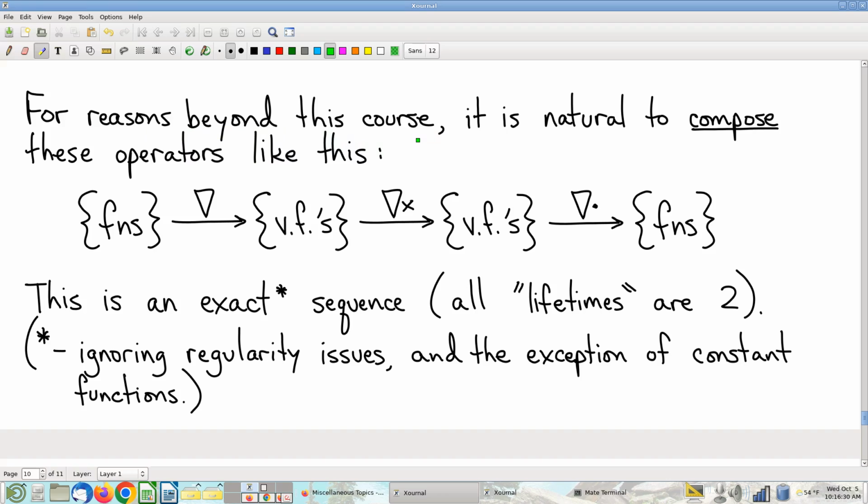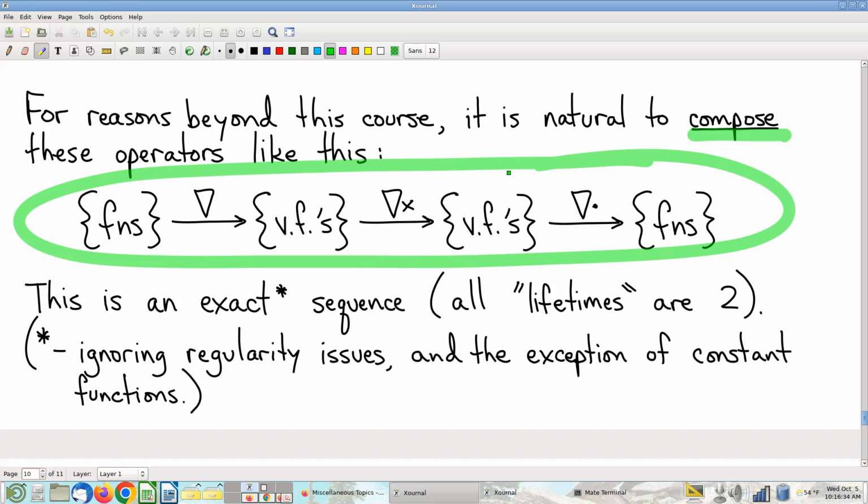it turns out that it actually makes really great sense to compose these operators in this order. So specifically, remember that we have this gradient operator that takes functions and gives you a vector field. Then we have the curl operator that takes a vector field and gives you another vector field. And we have the divergence operator that takes a vector field and gives you a function. So there are three separate operators, but if you compose them together like this,